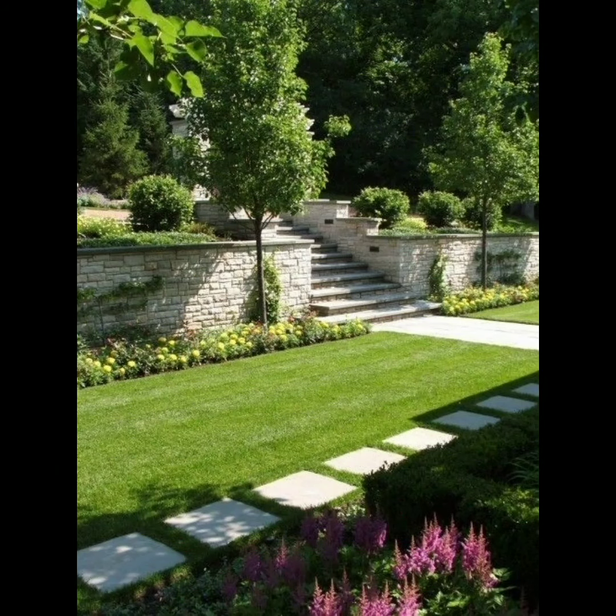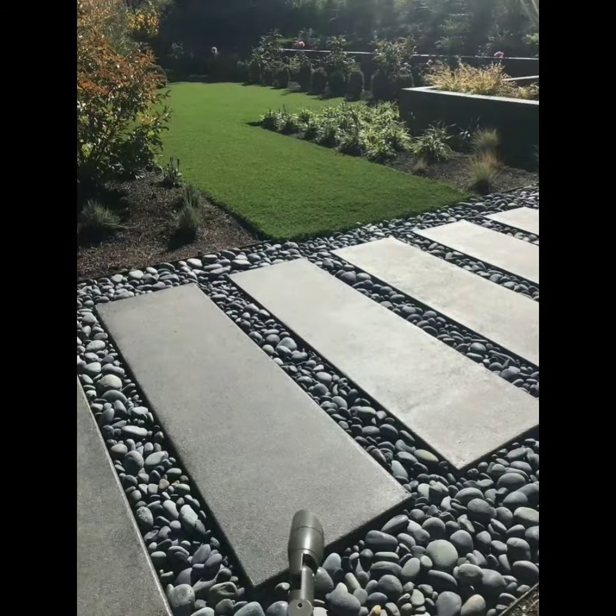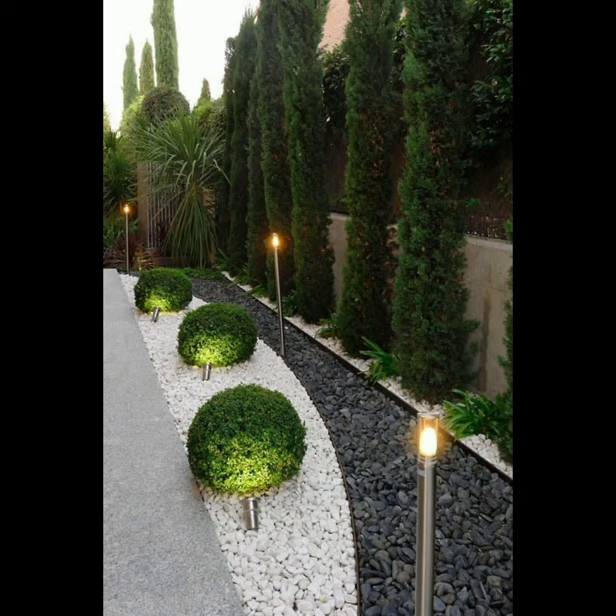Designing a beautiful garden involves careful planning, creativity, and a harmonious blend of various elements. Here's a detailed